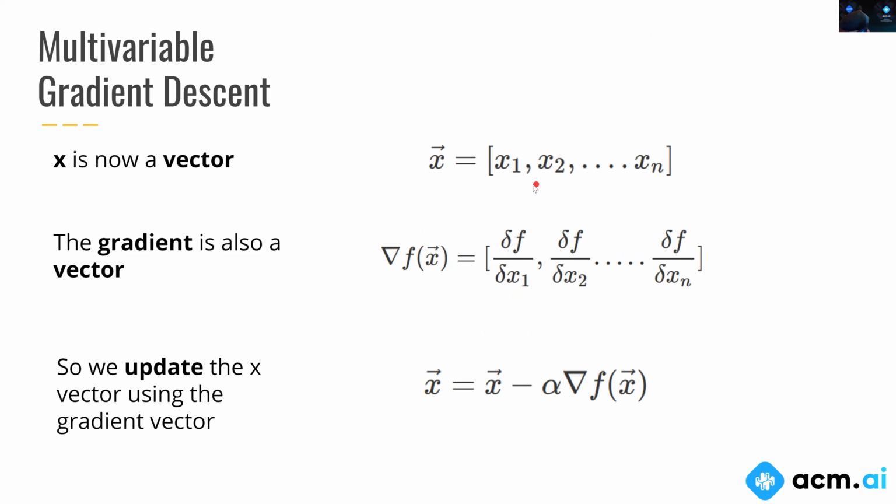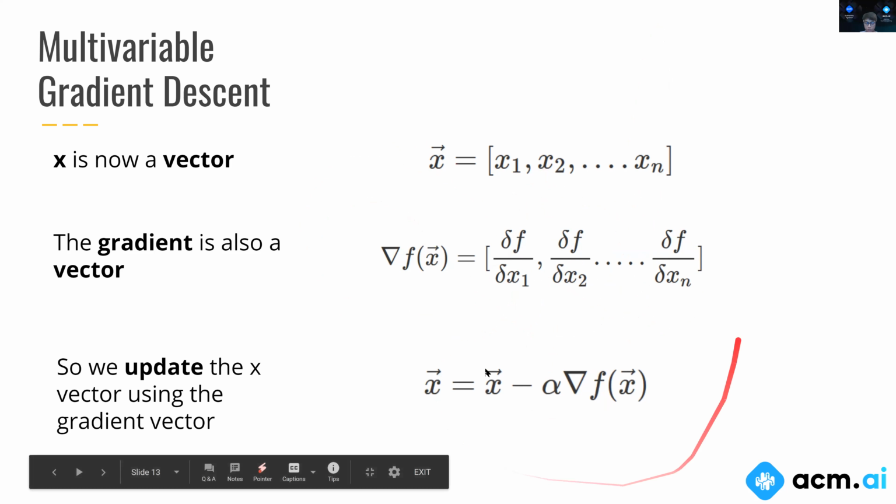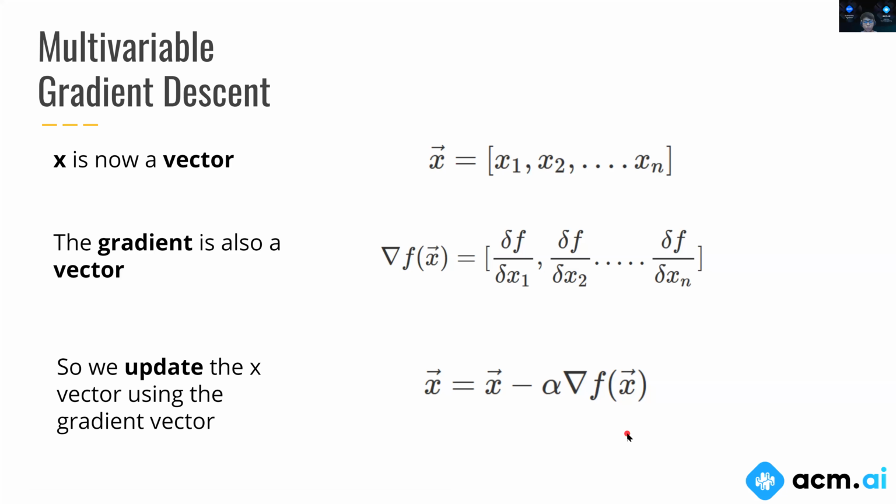So another question, is alpha always positive? And the answer is yes. Like we mentioned previously, if you see on this formula over here, we care a lot about what the sign of the gradient of f is. And we don't want to mess with that at all. So we leave alpha to be positive so that it doesn't mess with that sign at all.